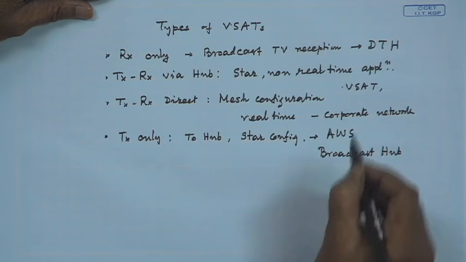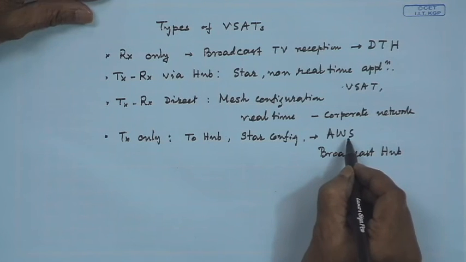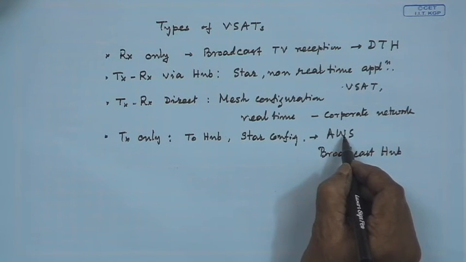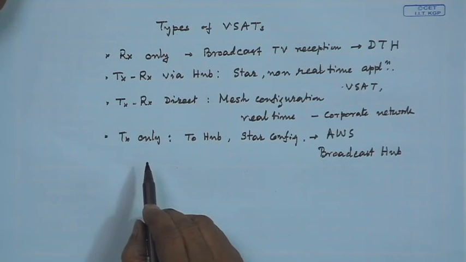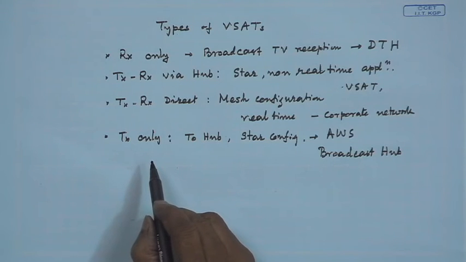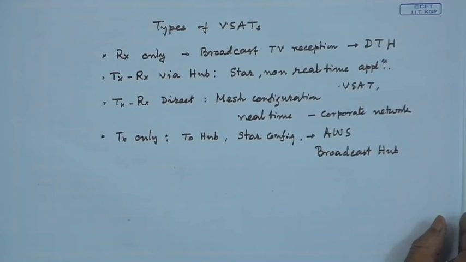So, that is only one uplink. So, that is transmit only. It could be very large or it could be very small depending on the requirement of the type of VSATs. These could be different categories of VSATs. Now, after seeing this quick calculation and why in a network a small station needs always a large station at the other end, let us see some more